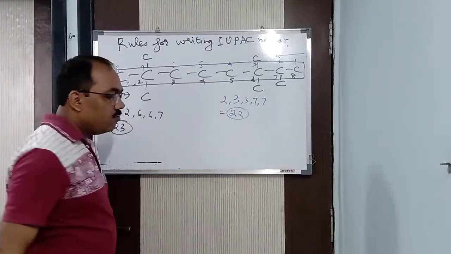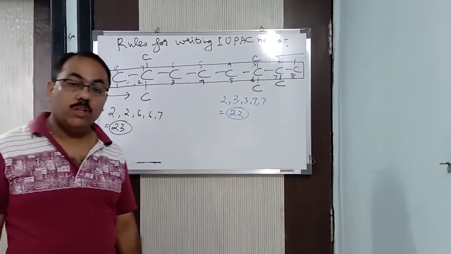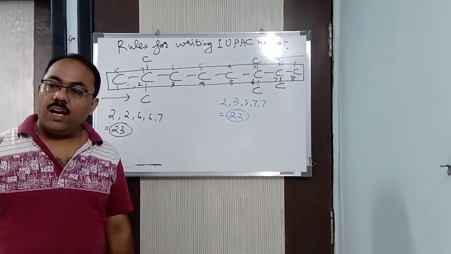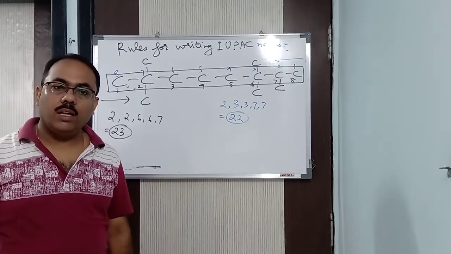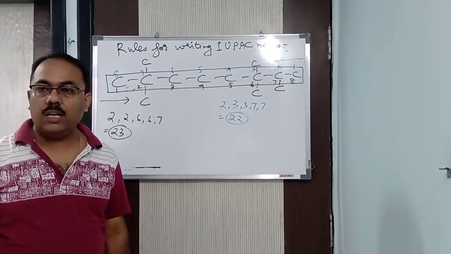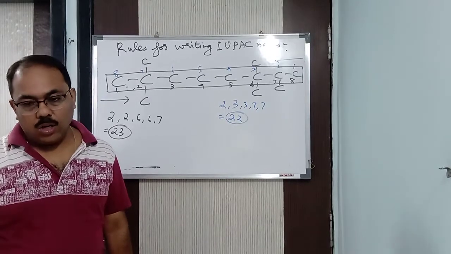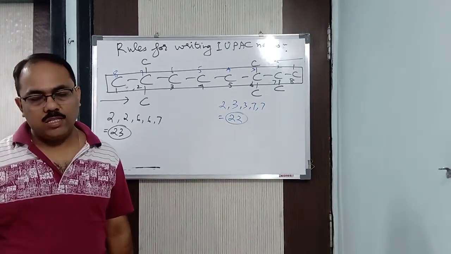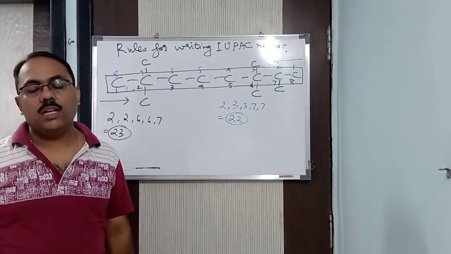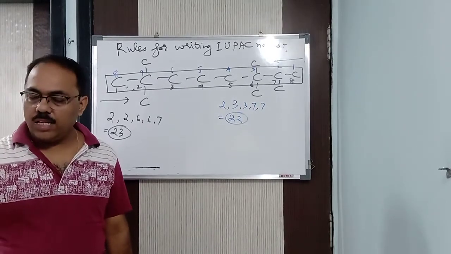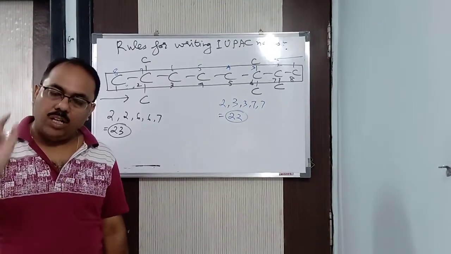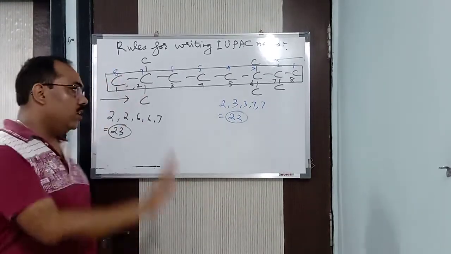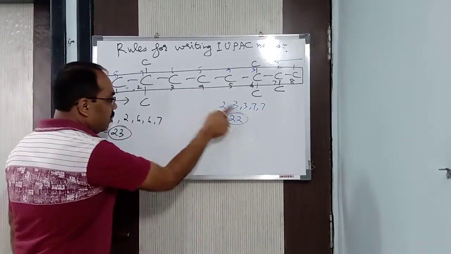From this side. Why will we follow the first point of difference rule? Because of what the lowest number rule says in the beginning, if you remember. We will count the locants one by one and we will give preference to the one which has the lowest number. I told you in the beginning, the lowest number rule: we will first write the longest chain, then we will count and give preference to the locant having the lowest number. So here you tell me, which is the lowest, 2 or 3? 2 is lowest.